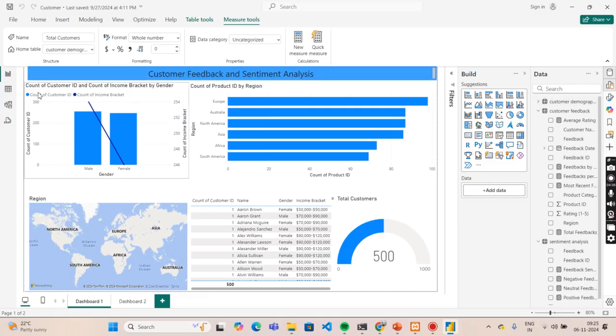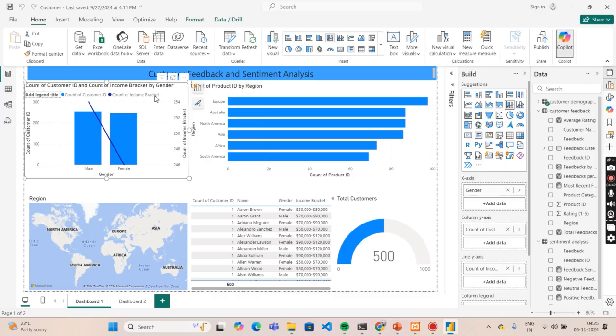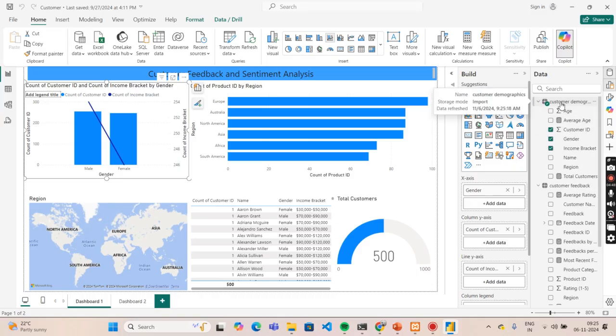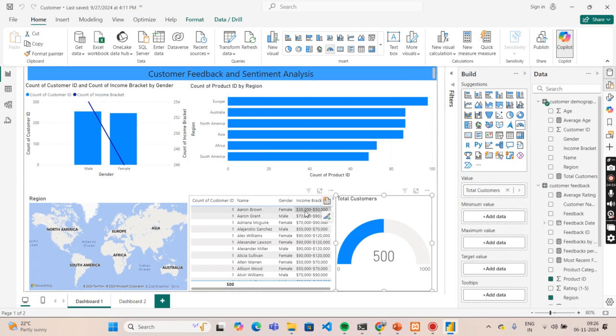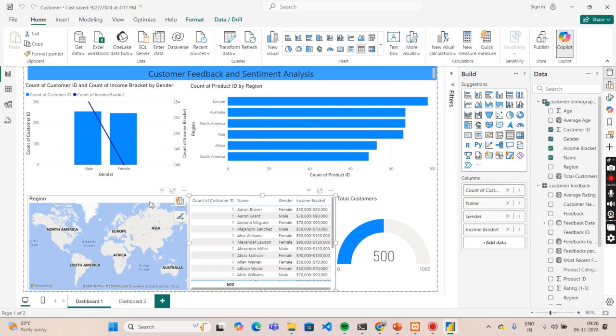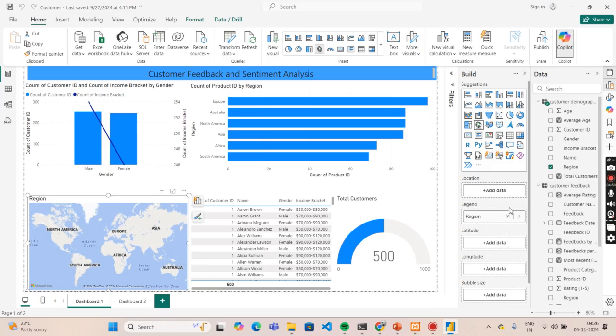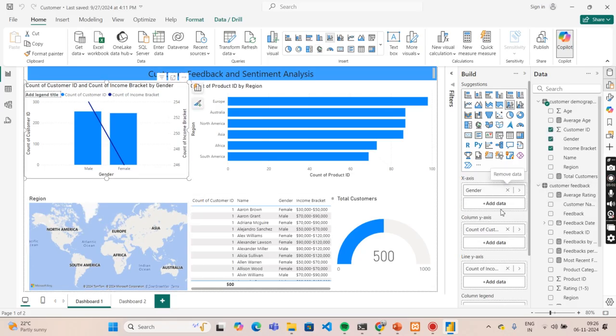You can see the count of customer ID and the count of income bracket by gender. When you hover on any visual, on the right side you can see which column is connected with which attributes. In the same way, go through each and every visual and see which data and which table is connected. On the right side you can see which data is connected, like x-axis gender and y-axis